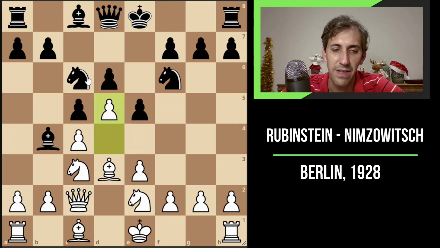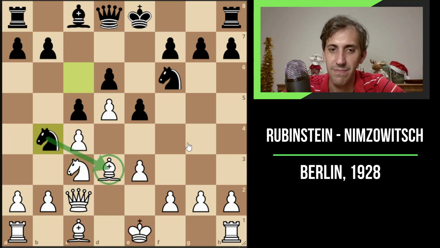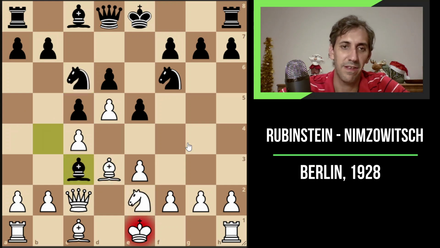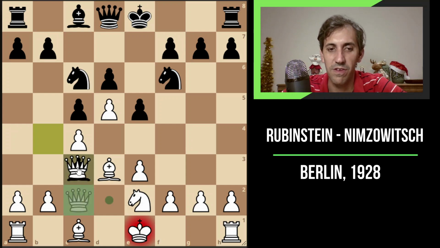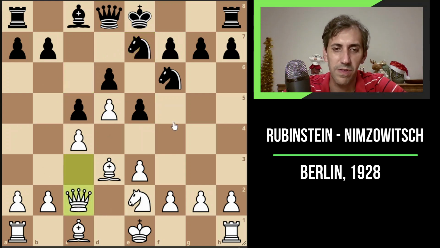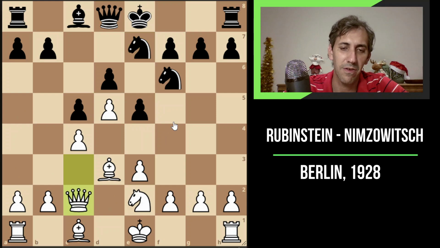After d5, he takes on c3, because if white takes with the natural way, then what happens is that after knight b4, there's a fork, and that's bye-bye to the bishop pair. So, of course, this is not what Rubinstein was looking for. He just takes with the queen, he keeps the integrity of his pawn structure, and doesn't allow the trade of the bishops. So after knight e7, the queen now goes back to c2, and this is a very uncomfortable scenario